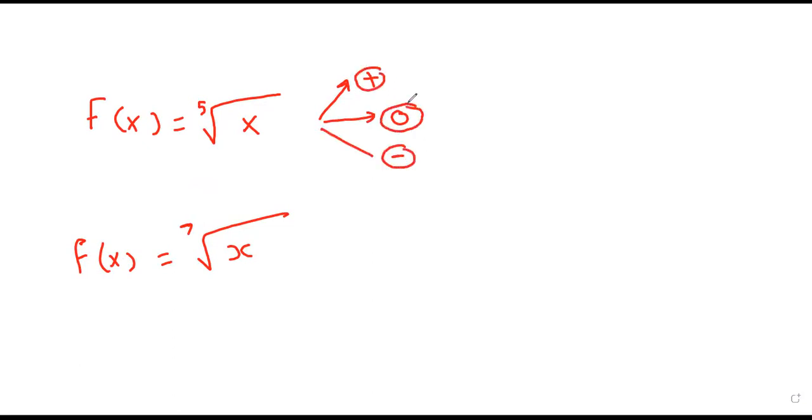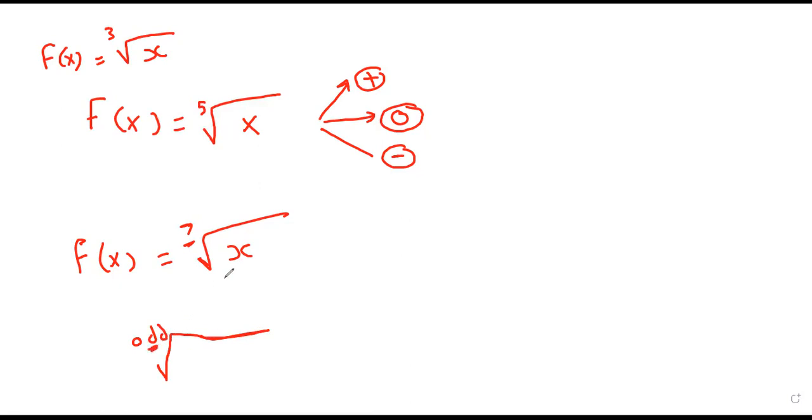So there is no restriction for all values of x. There are no exceptions. We can find any value because it's the 5th root. Like the cubic root, we can find the cubic root of any x. And the 7th root, any cubic root, any 5th root, any root,